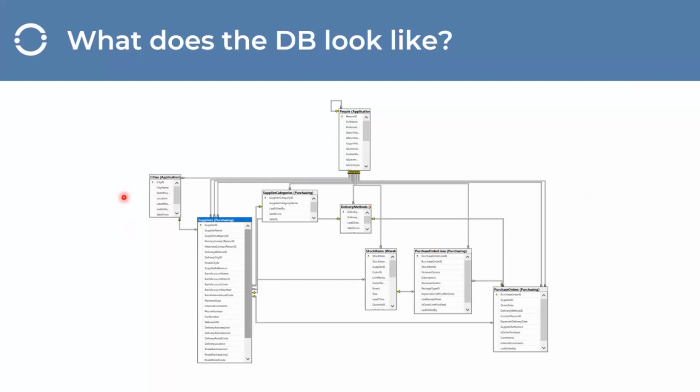We've got cities for where our suppliers are or where our people live. So you can see there's lots of complex relationships. And I'm not going to expect my analysts to be able to navigate this type of structure. They have other day jobs. They have things that they're trying to get done. It's up to me as